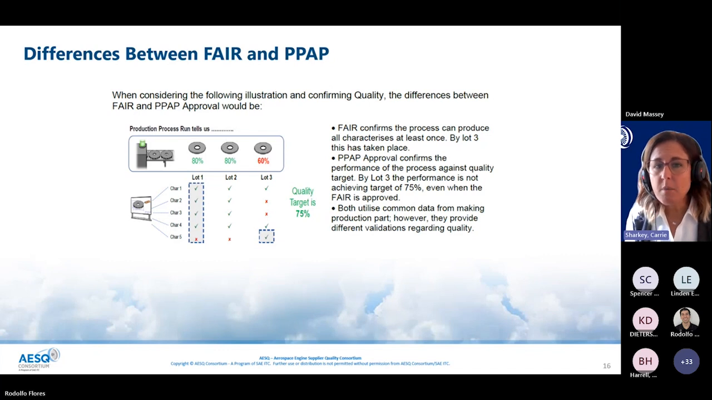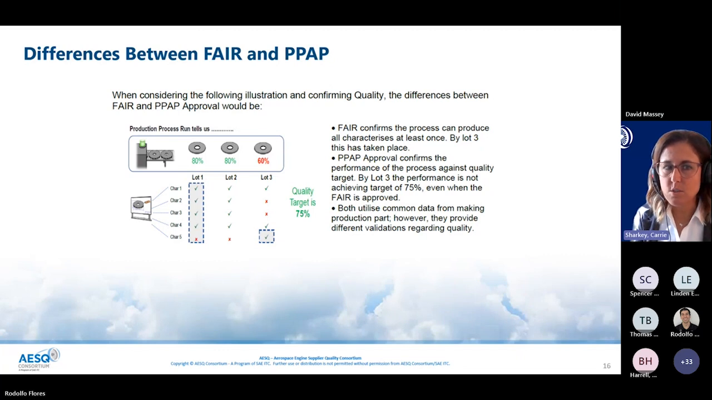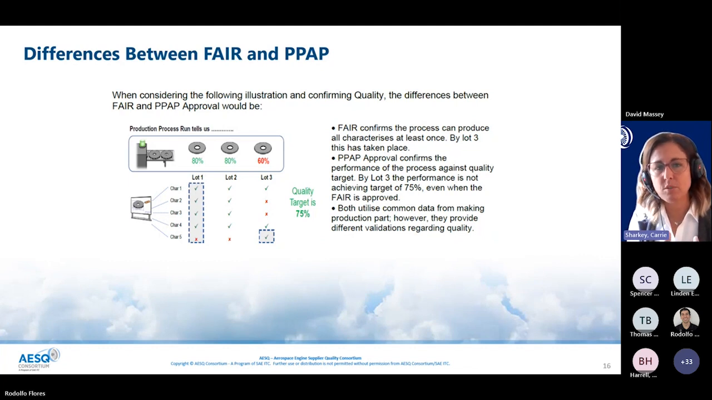So both utilize common data, right, from your production process run. We're both using the same data, but they think about quality targets a little bit differently. So for FAIR, we're looking at the manufacturing of each one of the characteristics. Can my manufacturing process do it at least once? Because really it's one piece, right? And then when you make a change, you'll do it on that piece. So in this case, we've done 2 different FAIRs, but PPAP is looking at an overall larger picture of all of my multiple pieces, all the characteristics together, looking at the entire picture. And that's why it is different. It is a little bit different when it comes to quality targets. So I think on the next slide,